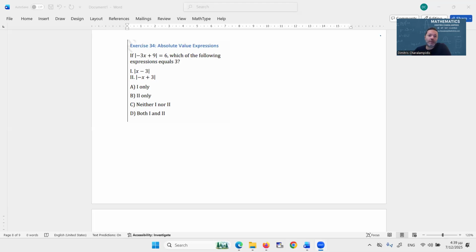Exercise 34. If the absolute value of negative 3x plus 9 is 6, which of the following expressions equals 3? Okay, so let's see what we can get. Starting from here, we could use negative 3 as a common factor, and that would have been x minus 3